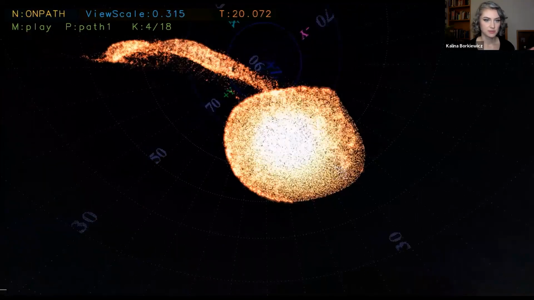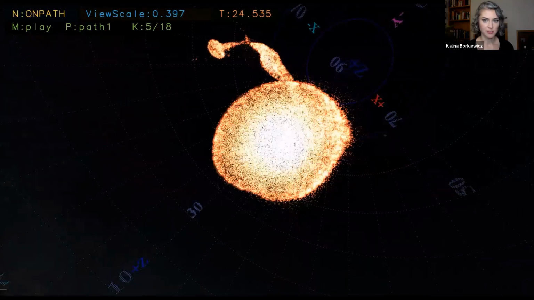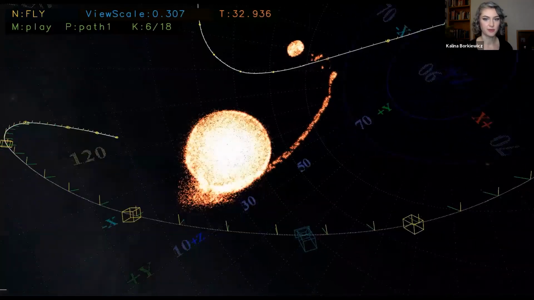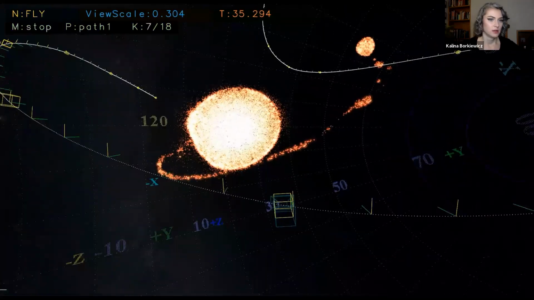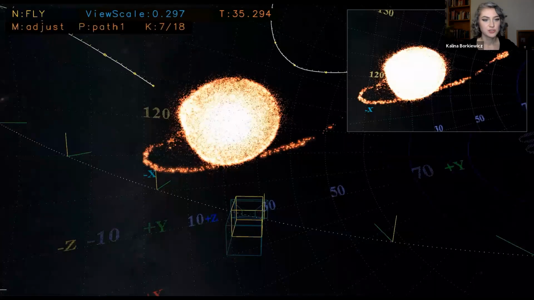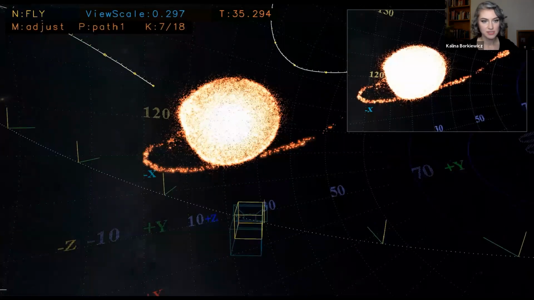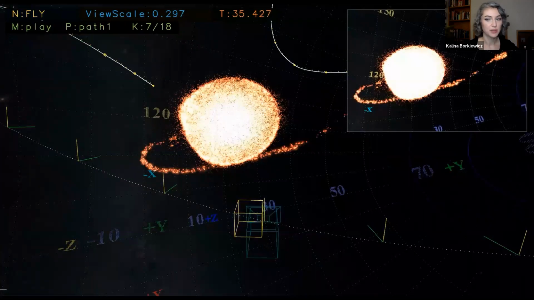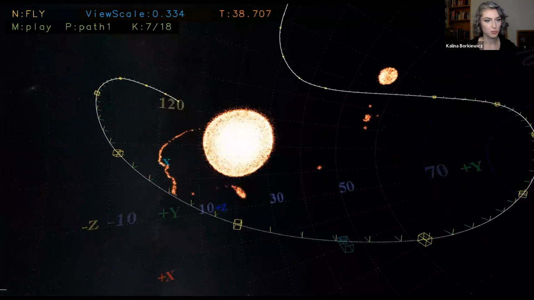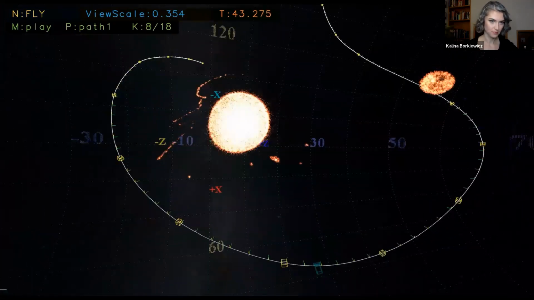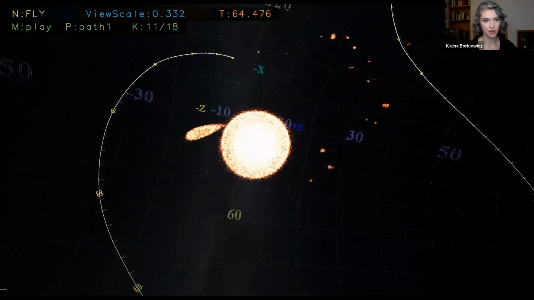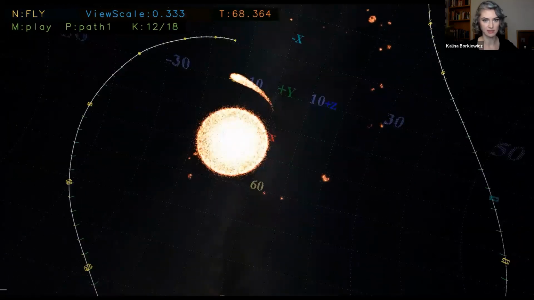Here, Bob is showing the camera's view at first, and now he is separating from the camera path that he's designed and can see it from the outside. He can turn on a television view so you can see what the camera is seeing as well as what he's seeing from the outside. And he can go in and edit the spline at any key point along the path. And there's a bunch of other features here, all for creating effective cinematography techniques.